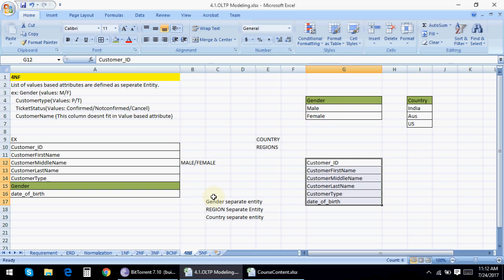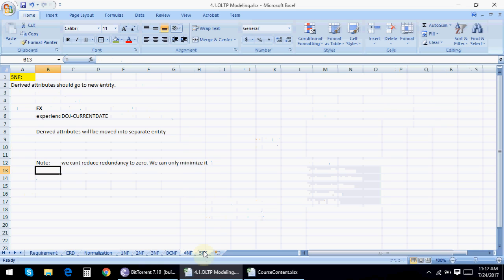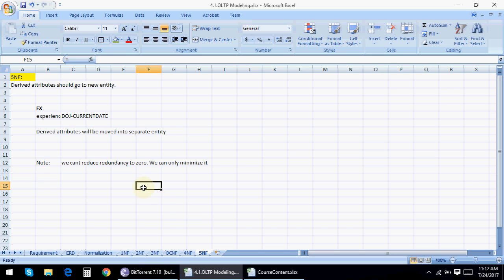So what is fifth normal form? Fifth normal form says all those attributes which are derived attributes should go into a separate table. For instance, I am calculating my experience, which is date of joining minus last date of working.